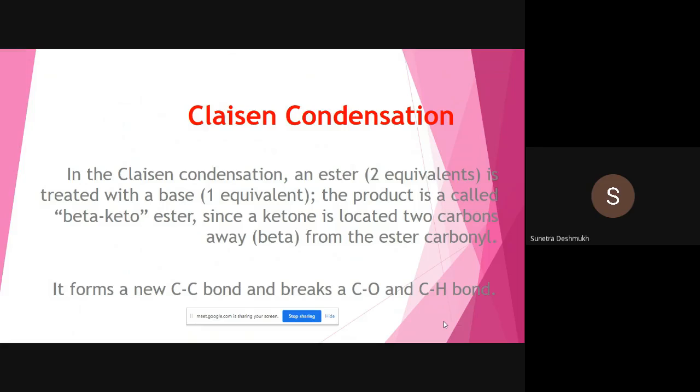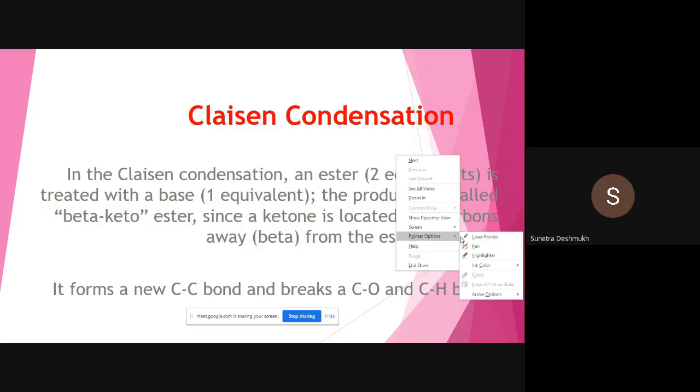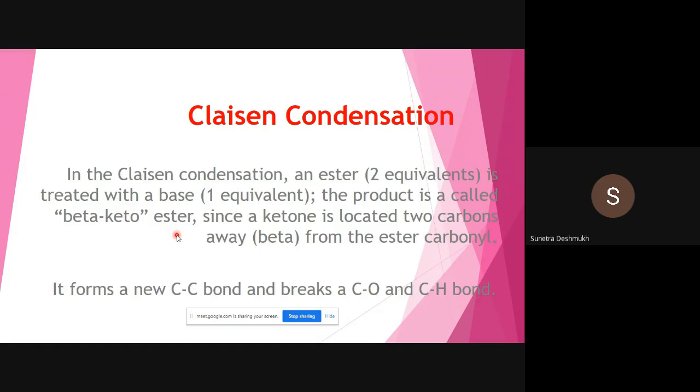In presence of one equivalent of strong base, the condensation of these two esters occurs, which is having enolizable hydrogen. So these two esters are going to create a product that we can call a beta keto ester. Here I have written the general statement: we are going to synthesize a beta keto ester from two equivalents of the enolizable ester by treating these two esters with a strong base.